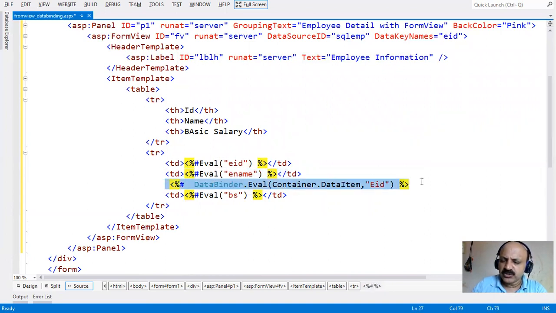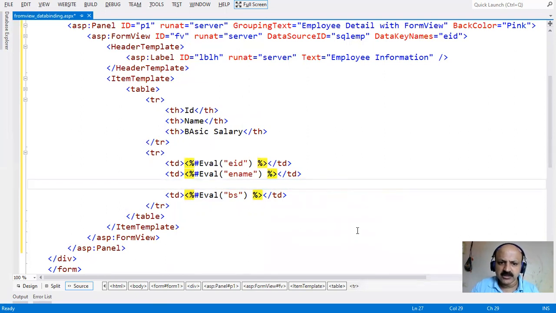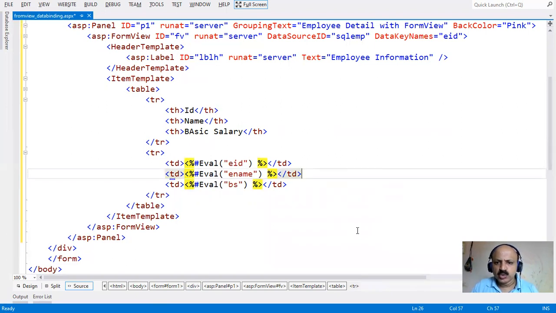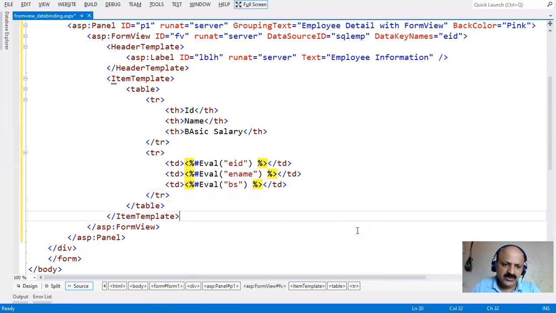So that is just for your reference. So here we can use two arguments. Okay, if I just remove that, we can directly use the Eval method. So the Eval method is held by two classes, the DataBinder class, or we can say the Page class. Okay, and now first we can see our core data, but we can take the table of